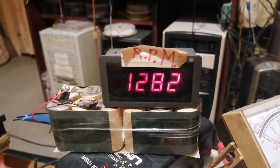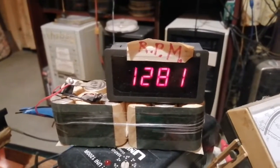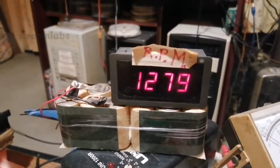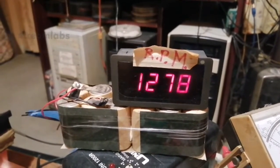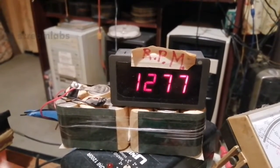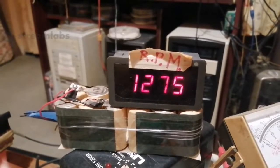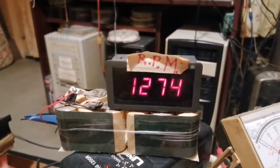Much better than previously. I have seen it climb up to 1300 RPM, but it kind of drifts a little bit. But even though I'm on a stable voltage supply, I'm not quite sure if it's bearings that are causing the fluctuation, because we are running the stable power supply on the UPS right now, so it's regulated. So I have seen a few fluctuations on the RPM. There could be other factors playing up, like bearing friction